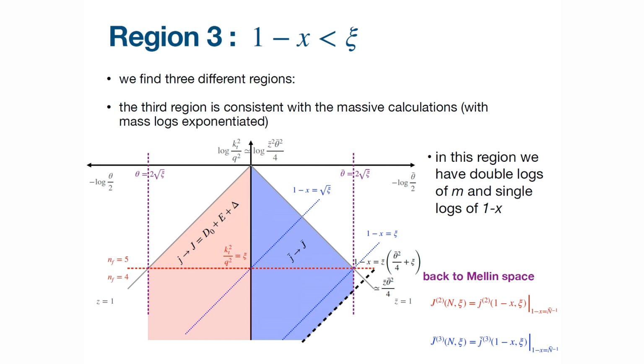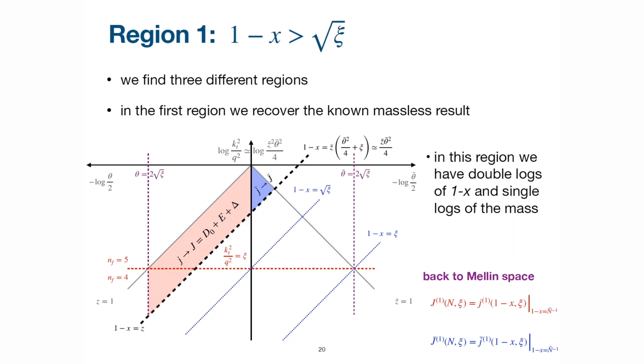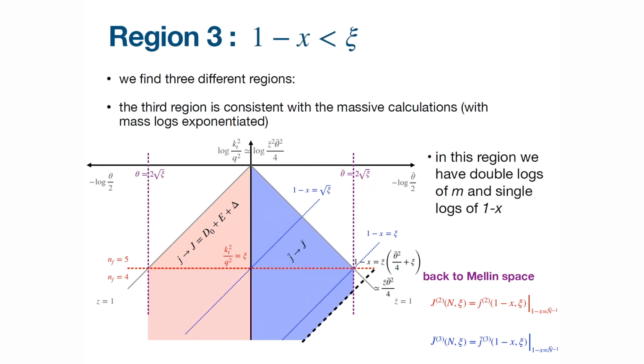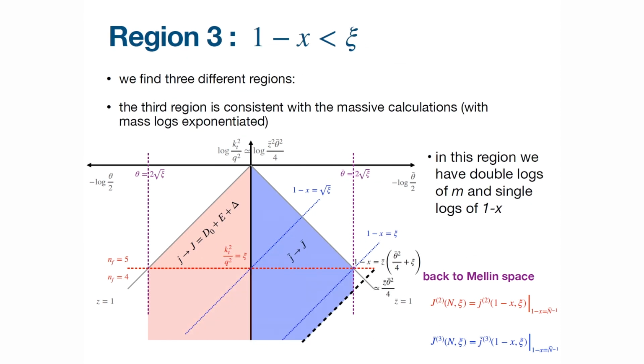So this picture allows you to understand that there is no contradiction. The two limits don't commute, but the two limits live in different regions of phase space. So if you are in the massless case, then you have double logs of n, or double logs of 1 minus x. If you are in the massive, which is this one, then you only have single logs. But if you want these double logs of n, they don't live here. Actually, what they do is they turn themselves into logs of the mass. So the double log of n becomes a double log of the mass, which is precisely what we found by expanding the resummation formula by Sturm.